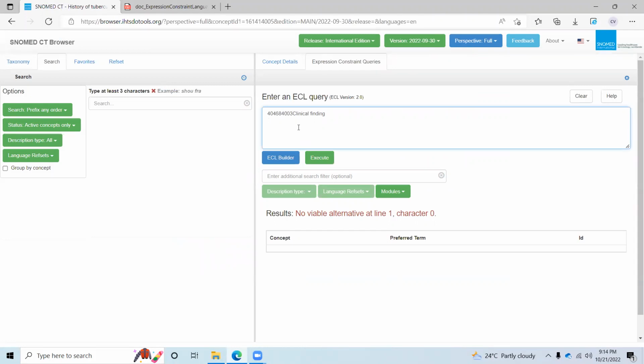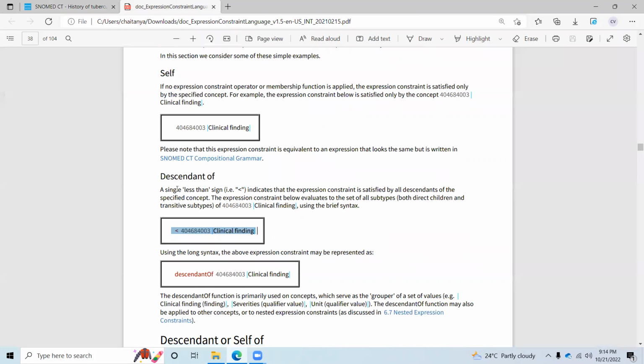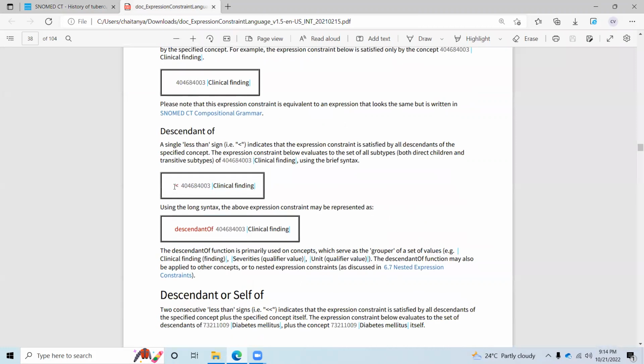After pasting this SNOMED ID, we should add a special character. Yeah, special character. Then it will give exactly where it is mapping with the clinical finding concept. It will give this ID. There is nothing else, it is a simple concept. Now if we add the less than symbol